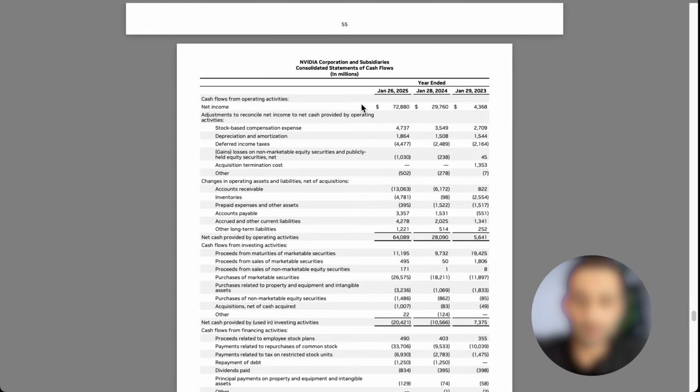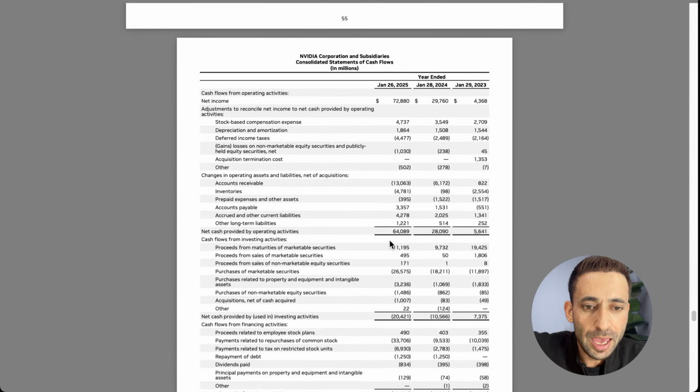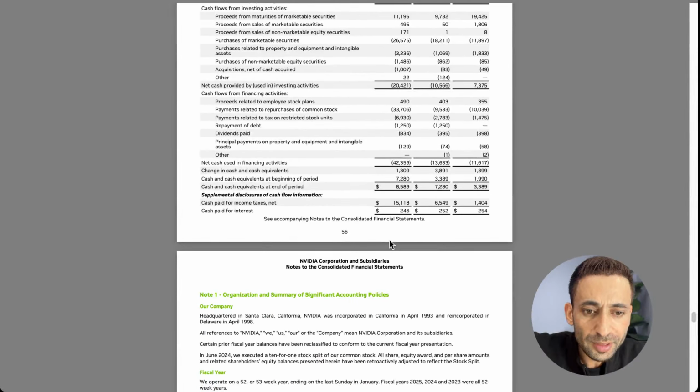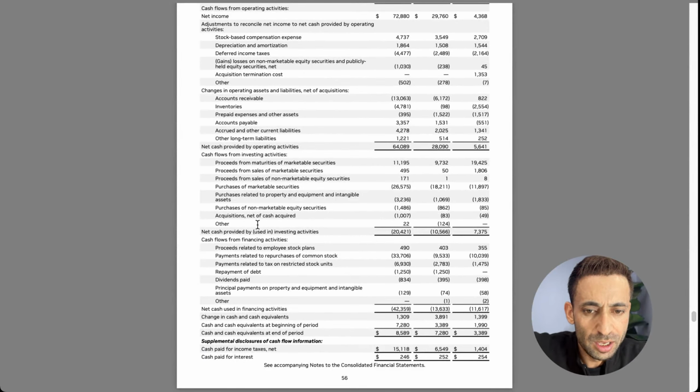Okay. So cash flow, we will go just a short way in the cash flow. Net cash provided by operating activities 64 billions. And here we're going to see adjustments that reconcile net income and net cash provided by operating activities. Okay, net income is 72 billions. And then here you see net cash provided by operating activities 64 billions. And at the end, you need to check all these things. Okay, I might not explain because I'm running out of time, so you might need to check these things.